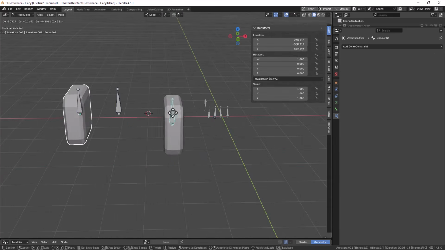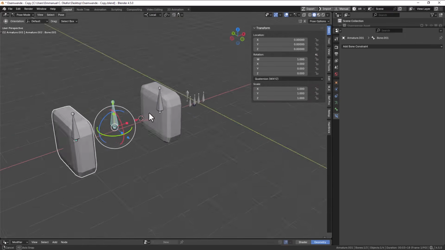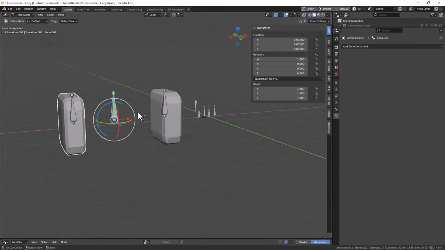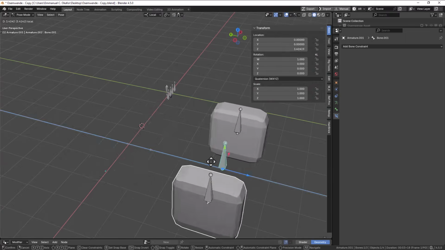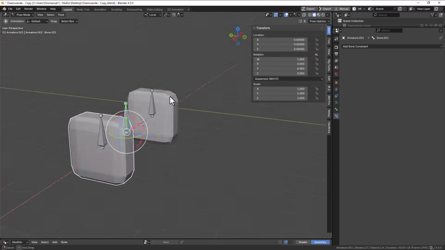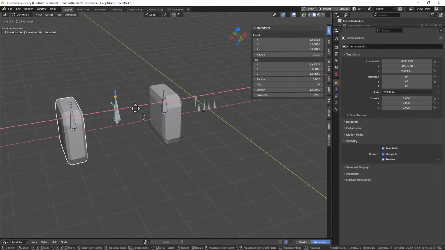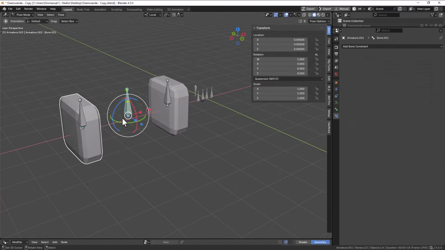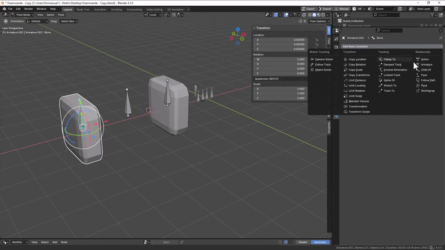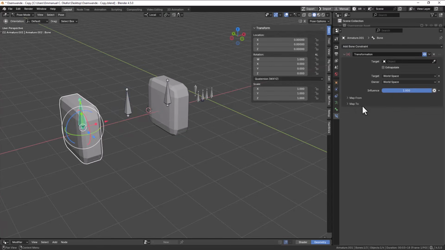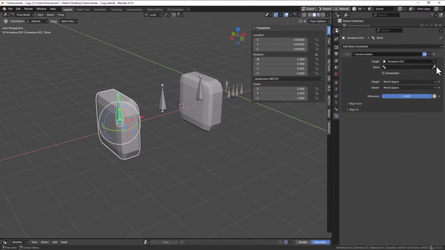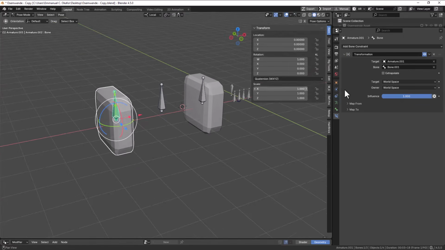Okay, so we have a simple tire. We have the tire parent. What we want is, when we move this, we want these tires to rotate on their own. That's how we rig car rigs. So to do that, you can select this and add the transformation constraint, and we use the eyedropper to pick this bone. When we're working with bones, of course, we want to be in local space,